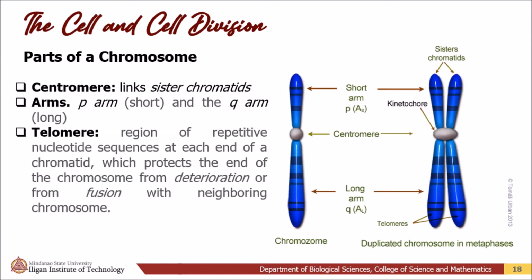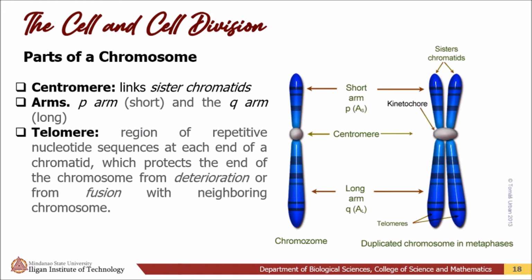Chromosomes are thread-like structures in which DNA is tightly packaged within the nucleus. DNA is coiled around proteins called histones, which provide the structural support. Chromosomes help ensure that DNA is replicated and distributed appropriately during cell division. Each chromosome has a centromere, which divides the chromosome into two sections: the P, or the short arm, and the Q, or the long arm, where P stands for petit, which means small. The other arm is called Q because it is the letter that follows P in the English alphabet.